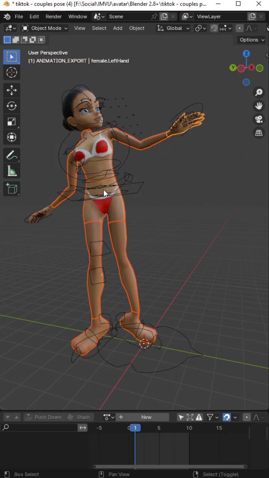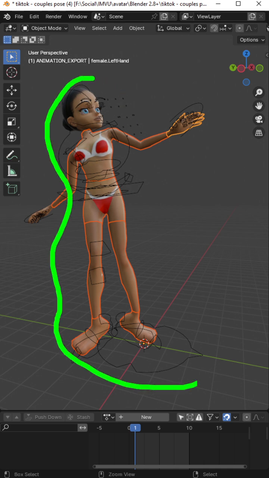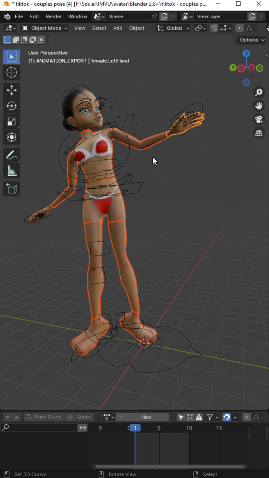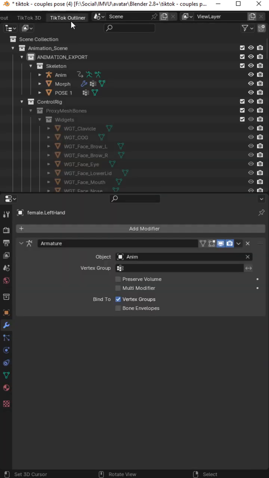Again, we duplicate the meshes, detach or disassociate it from the rig so that we're creating a completely independent object. We name that so that we know what we're looking for. So we renamed this pose 1,